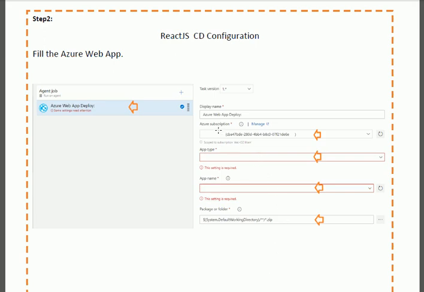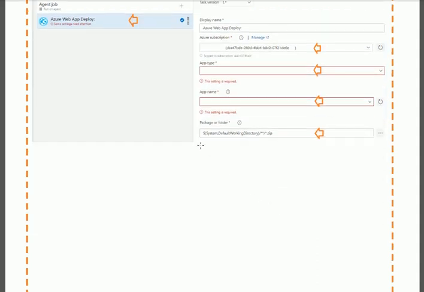Now, first of all, you will provide the subscription ID for your account. After that, in the app type, there are two types of app. One is Windows app and the other is Linux app. So you will provide the app type according to your selection. After that, the app name. The app name is the name that you wrote during the creation of the Azure web app in my previous lecture. And the last one is